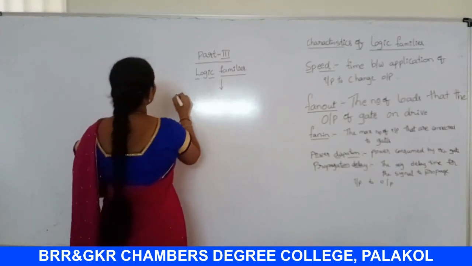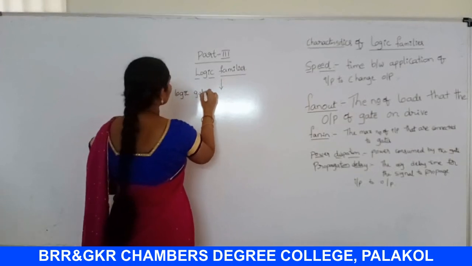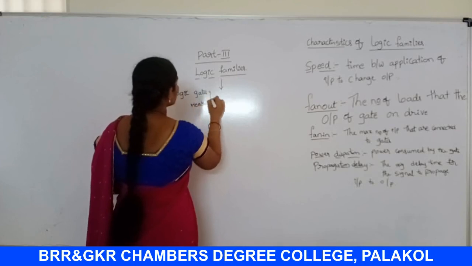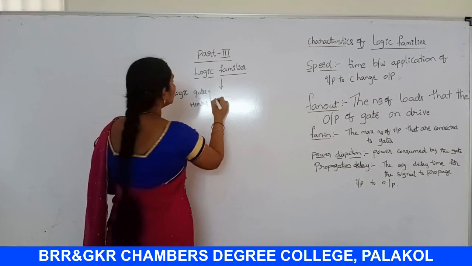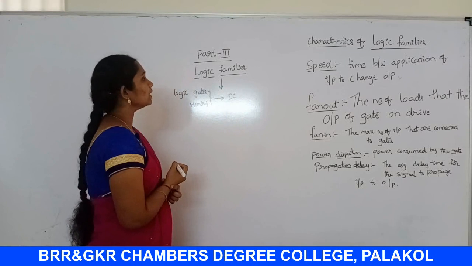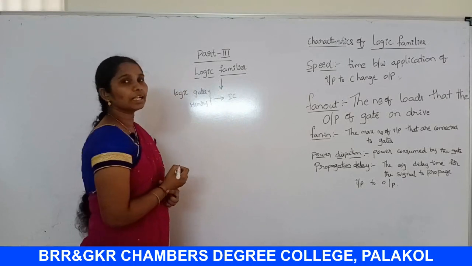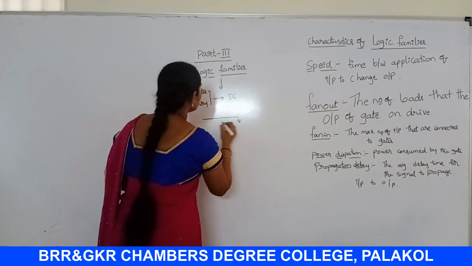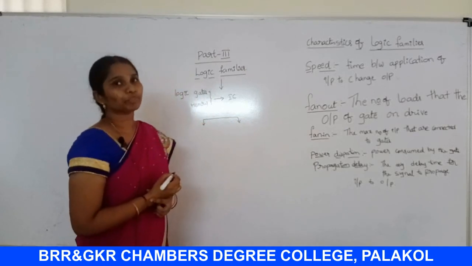Okay, so here the logic gates and the memory elements are used in the fabrication of ICs. For this fabrication of ICs, we use some semiconductor devices. Those semiconductor devices are the bipolar devices and unipolar devices.